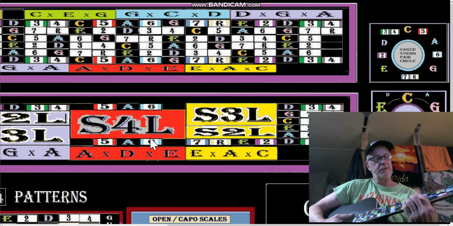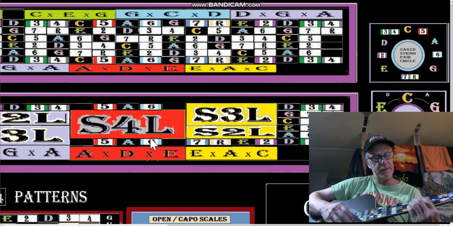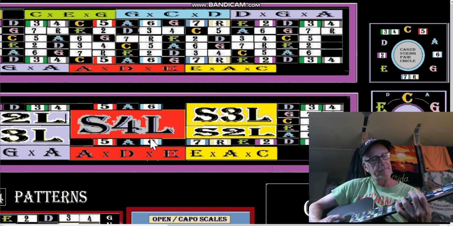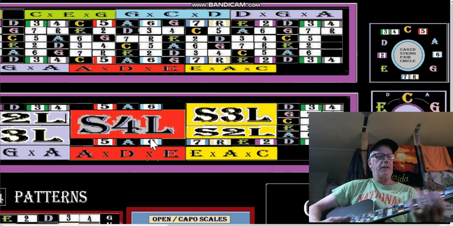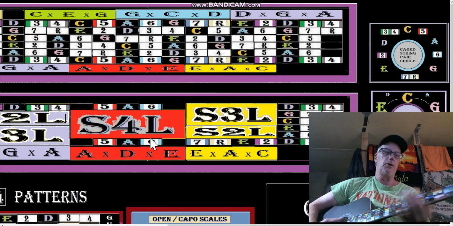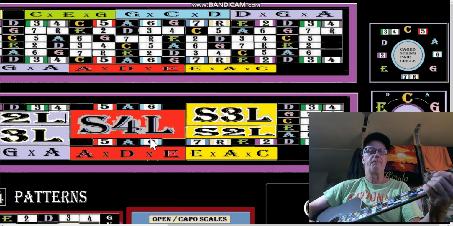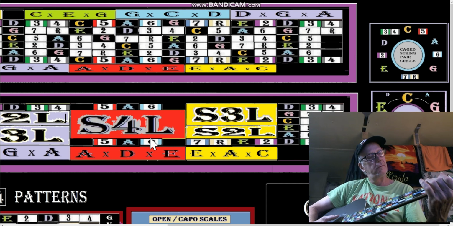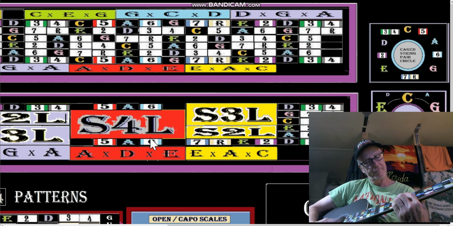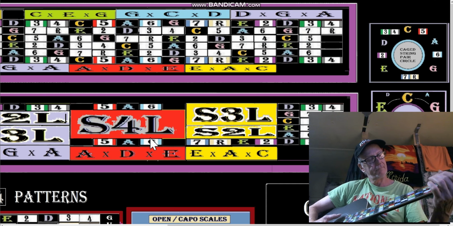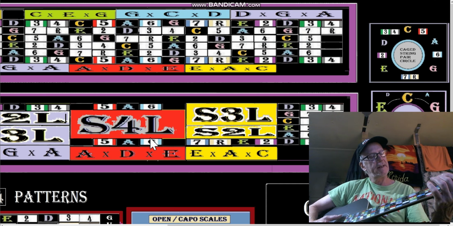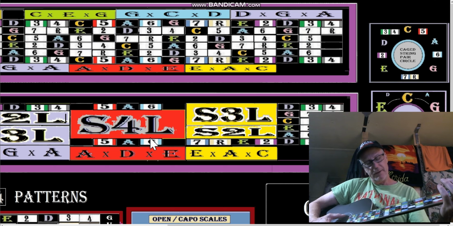Okay, so if we're looking at an A-shaped D, pentatonically, okay, so we had to go down below the starting note 1 fret. If we started that pattern down here, we wouldn't be able to get like that. Say we start that like